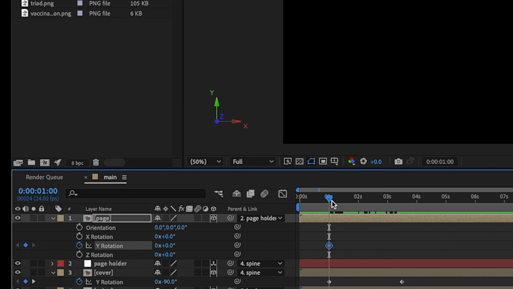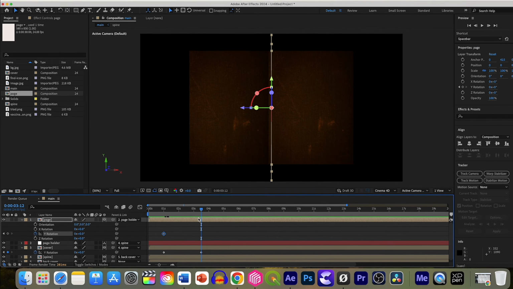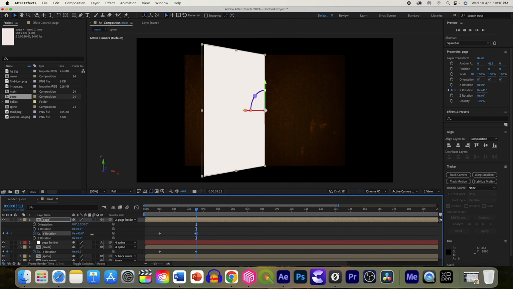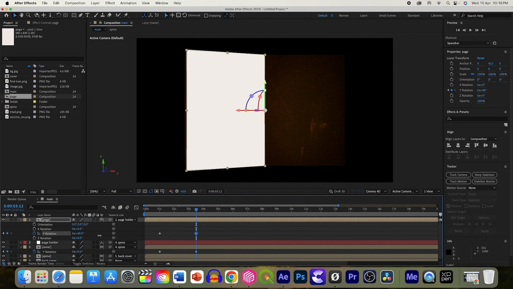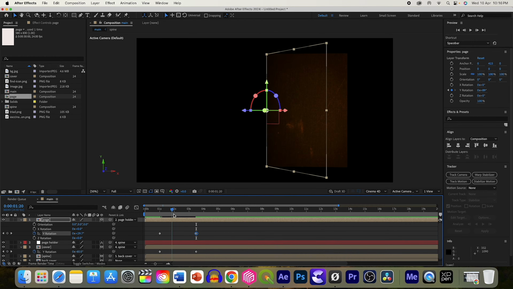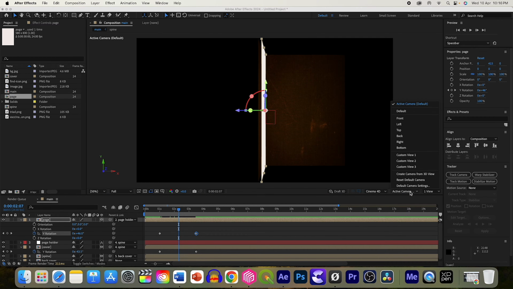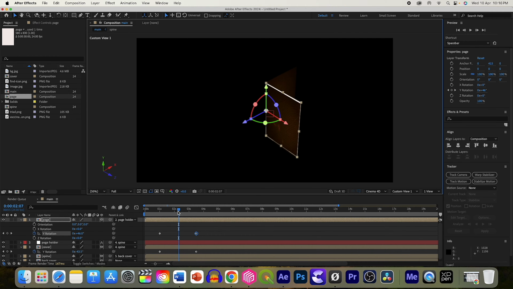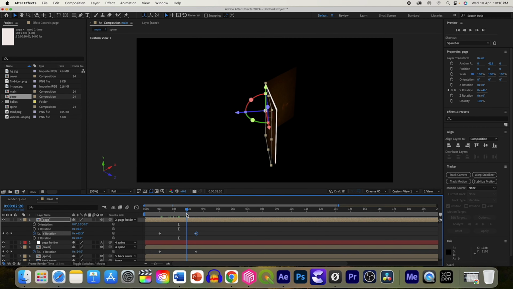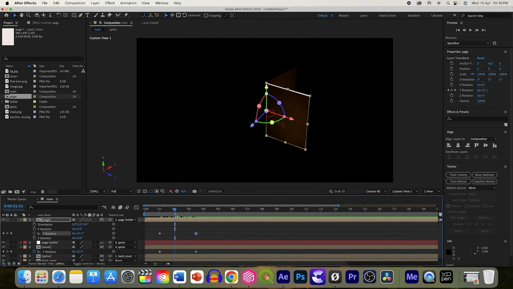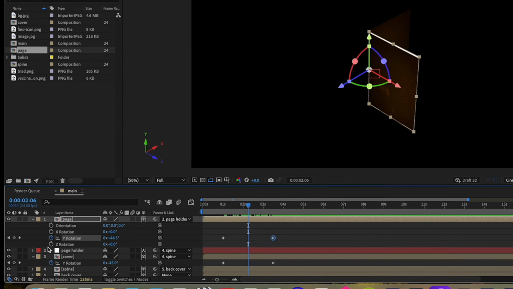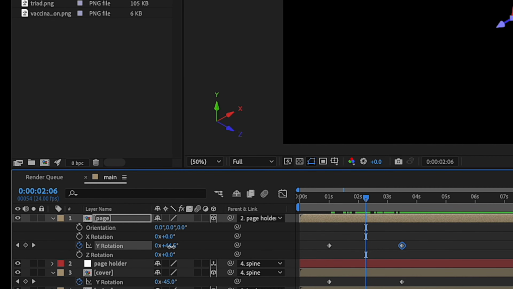Move to the second keyframe and change the Y rotation to something close to 90 but not exactly 90, like 89 or so. So by the time the book opens, it will not be completely flat over the cover. Changing back to custom view, now we can see this movement of the page. One important thing here is that it is not fanning out like the real book. So we can go to the 30 frames or so and then offset this value of Y rotation to something